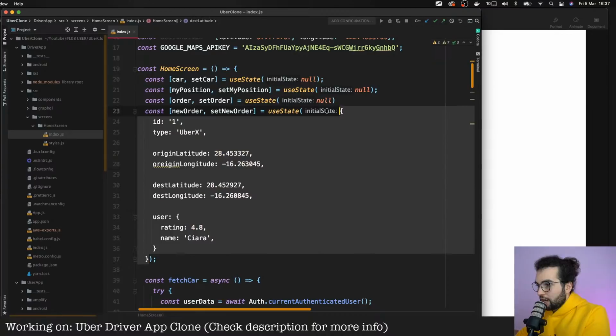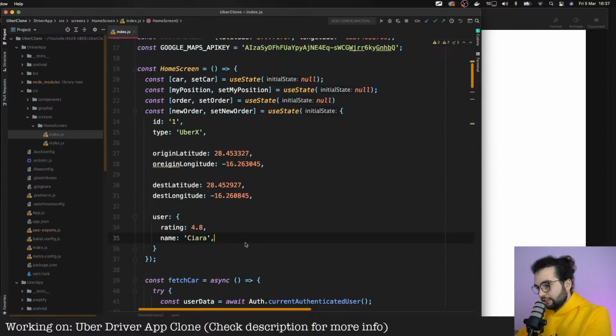The thing is that now this is just one order, but we will have an array of orders. So I'm not sure why I did that. But let's move the current solution with dummy data to support arrays, because that will help us later integrate it with the API. So I'm going to switch to new orders and set new orders, and this is going to be an array that will contain just one order, like this.